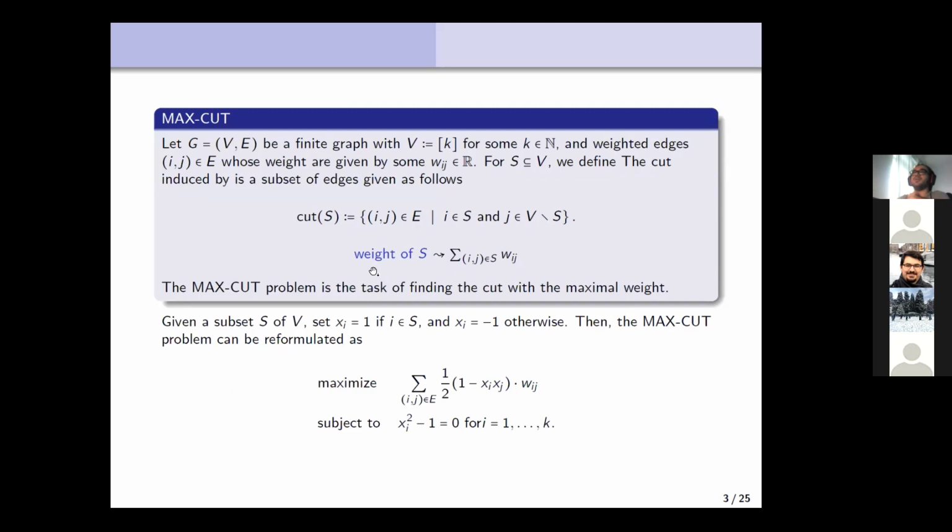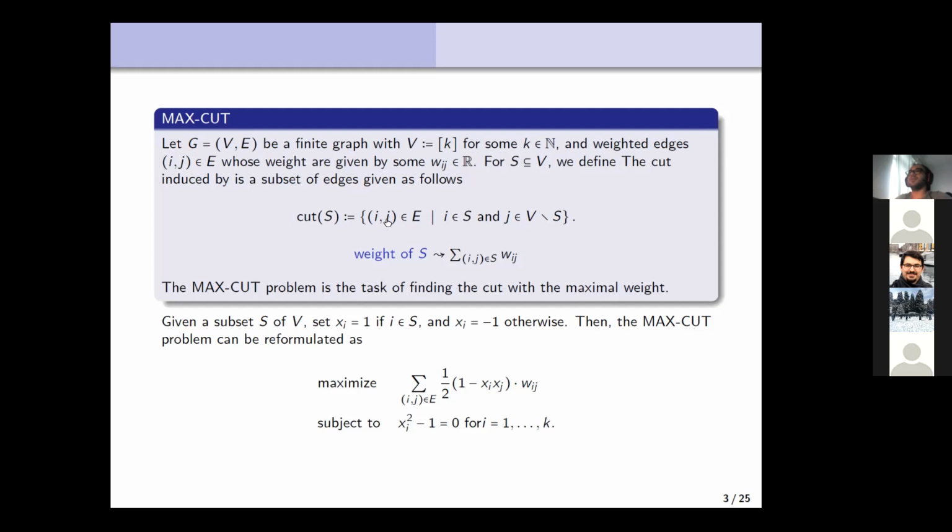And to give an example of such a problem, we can consider Maxcut. Maxcut is a famous problem in computer science, and also in computational mathematics, which was known because it was one of the NP-hard problems presented by Karp back in the time. If you have a finite graph G with k vertices and weighted edges, then you define something called a cut induced by a subset